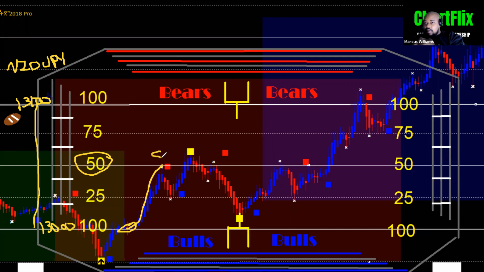You could take a sell trade right here for the pullback, because more times than not, once a pair has moved, has broken, and see, a lot of mentors, a lot of trainers, a lot of people don't talk about the quarter points. They love to pull out the Fibonacci's and the trend lines and all of this stuff, and I'm with that. But if you could count the numbers, if you know the number where the price is more than likely going to turn around, wouldn't that be pertinent information for your trading journey? I'm sure it would. It's changed my trading journey.